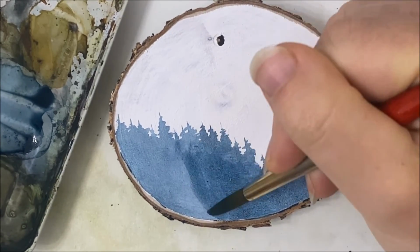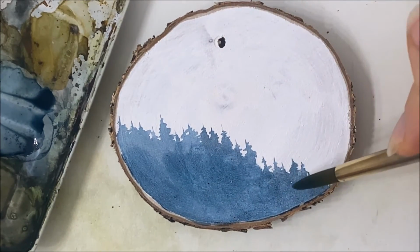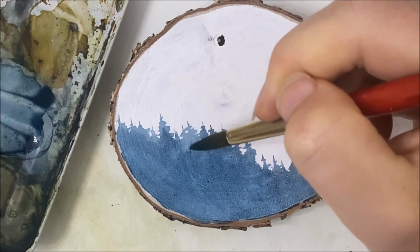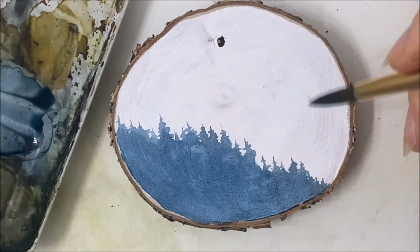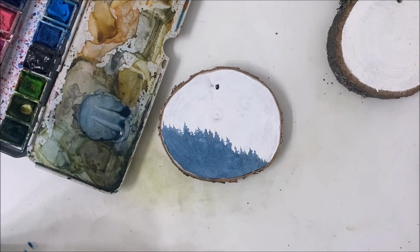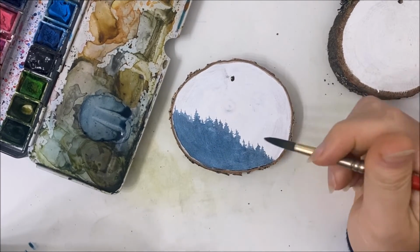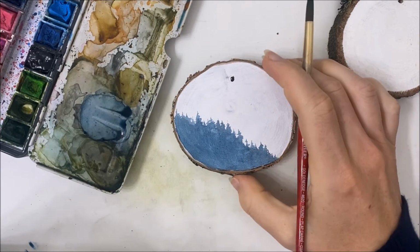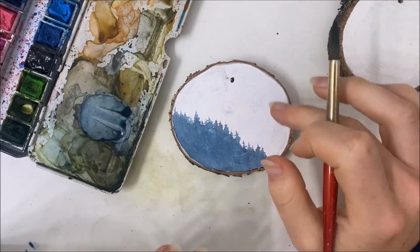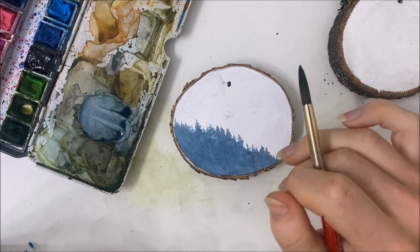So anyways, I am just going over all of this one more time because this started drying. All right, that's pretty neat. I'll kind of go back. We just covered a really large portion quite quickly with this technique. So I am going to let this dry and then we'll come back and continue on because I'll show you the finished painting, what I'm doing with this particular